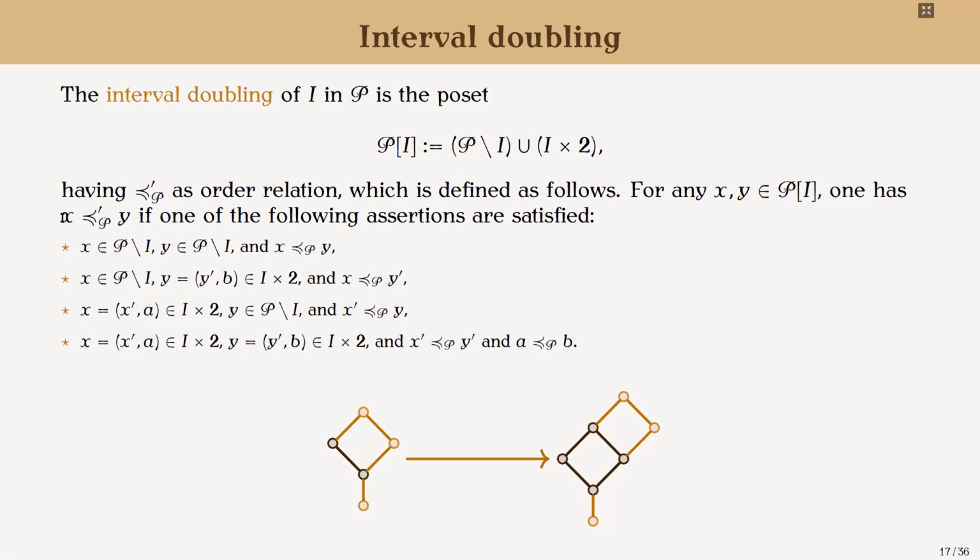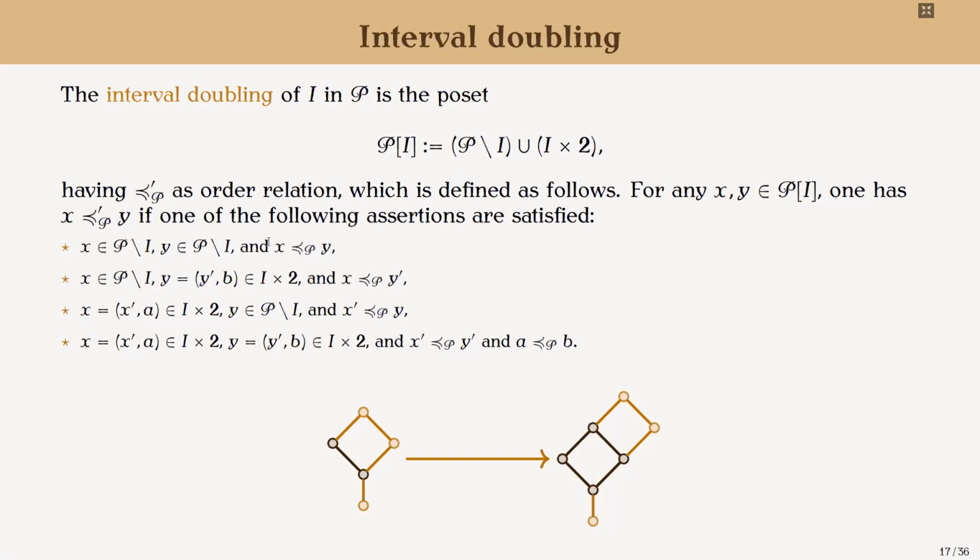We will see that elements X and Y are comparable for this new order if these four assertions are satisfied. So for example, if I have X and Y which are not in the interval that I want to double, for instance this element and this one, they have to stay